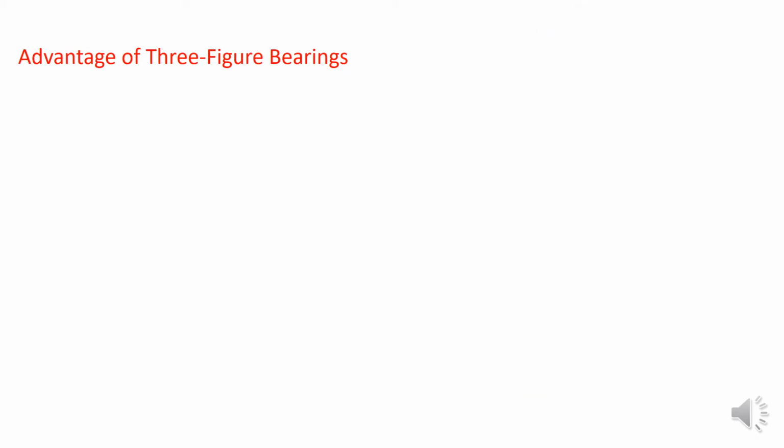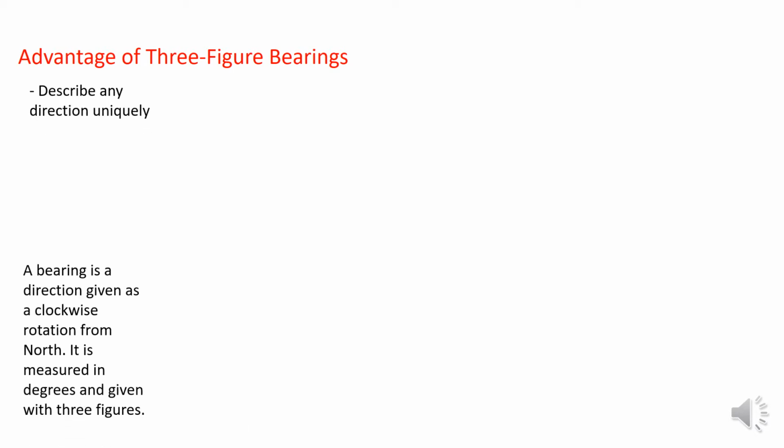All right, so let's look at the advantage of three-figure bearing. It describes any direction uniquely. So the definition in short is that a bearing is a direction given as a clockwise rotation from north. It is measured in degrees and given with three figures. Now let's take for example an acute angle like 34.5 degrees. How would you give it as a bearing? It would be